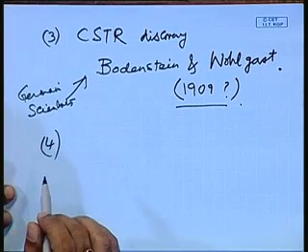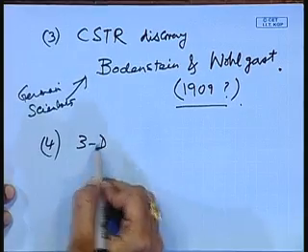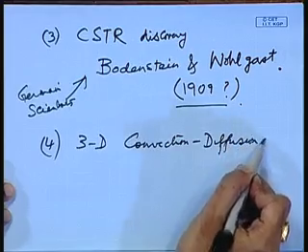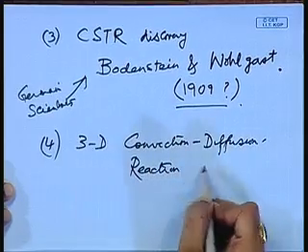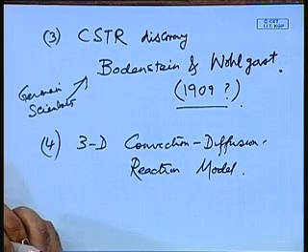Now, the fourth thing, the important thing, is not the loop and the recycle reactor models, but something related to it, a three-dimensional convection diffusion reaction model. So, this is very important also. The reason this is important is the way we write the convection diffusion reaction model now, including the diffusion terms, the reaction terms, and the convection or the velocity terms. It was a matter of discovery. If you come to think of it, it didn't drop from heaven. Somebody had to discover it, and that was a path-breaking discovery in chemical engineering as well,